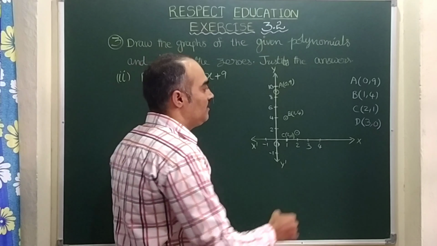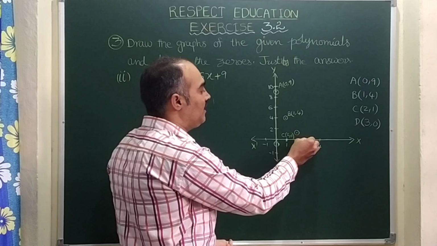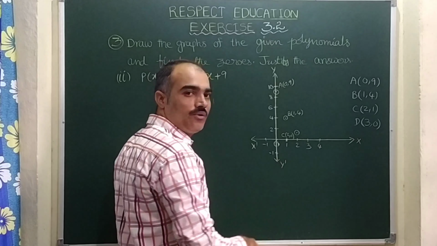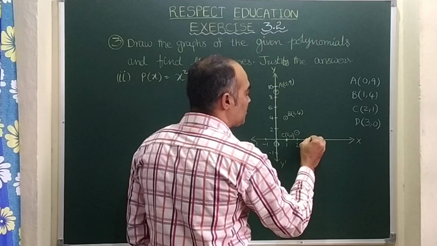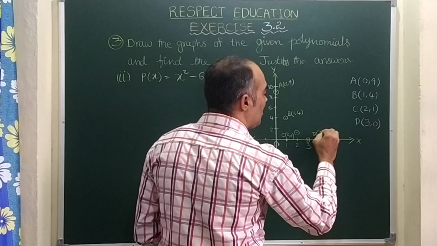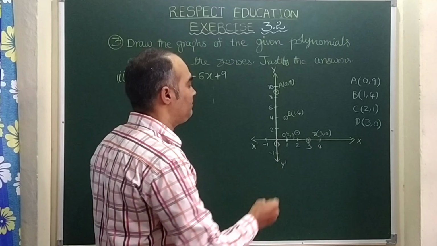Right. Now next one, 3. See, I am ready at 3. After that, 0. 0 means neither go up nor down. So here we can stop here itself. This point is D (3, 0). Now let us plot these points with freehand.